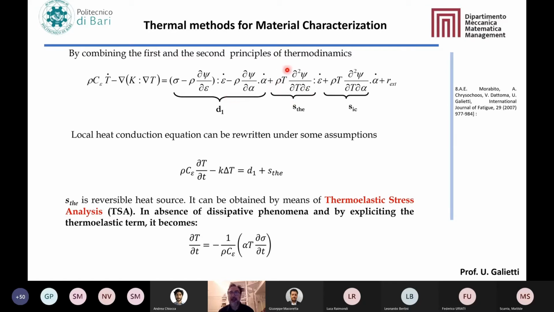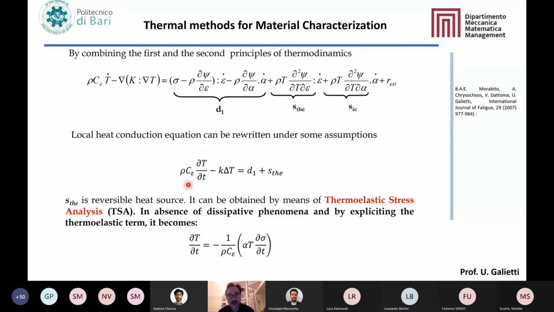Then there is also the thermoelastic source that we just introduced, and also an internal coupling of the mechanical parameters. If we make some assumptions to simplify the equation, we come up with this equation